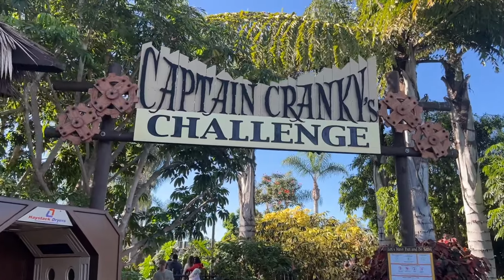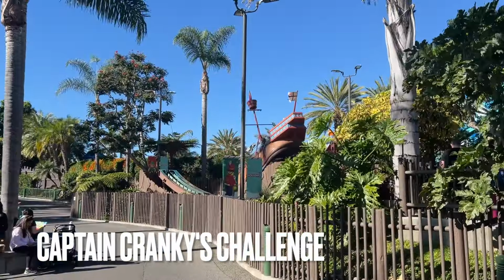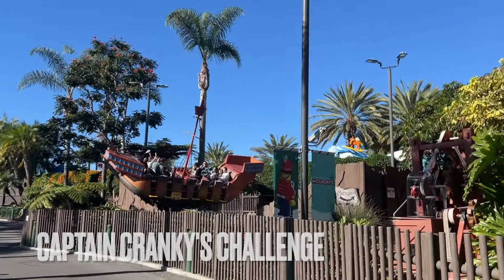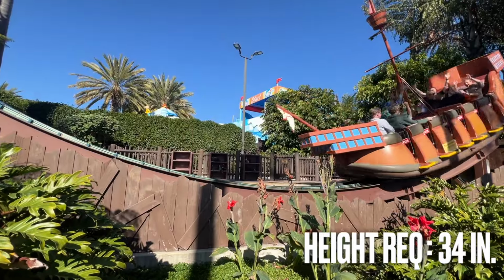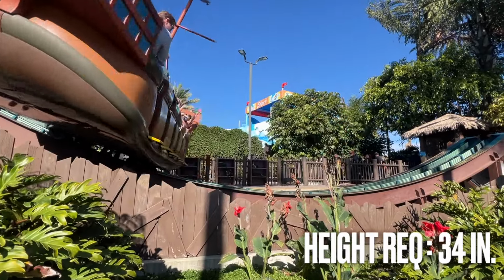Right next to the lockers is the entrance to Captain Cranky's Challenge. This is a rocking and spinning attraction that could be nausea-inducing and frightening for small children, though it only has a 34-inch height requirement. It's a ride I don't go on very often, personally, and I think you can see